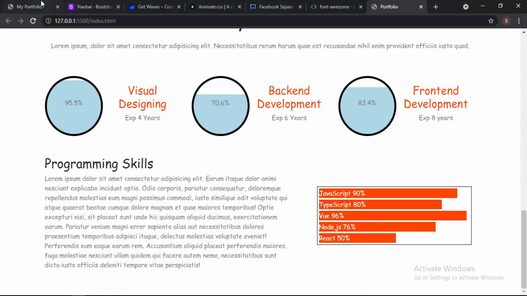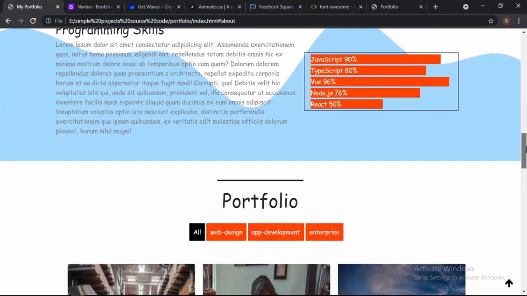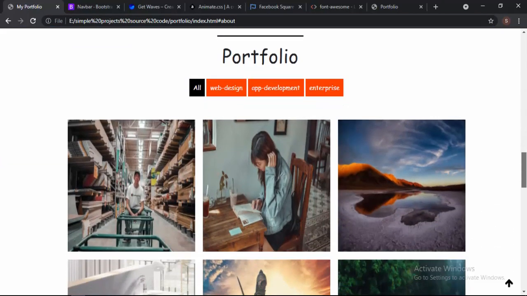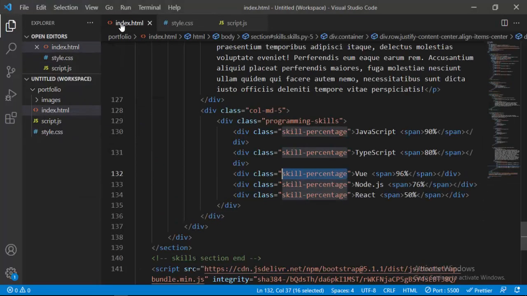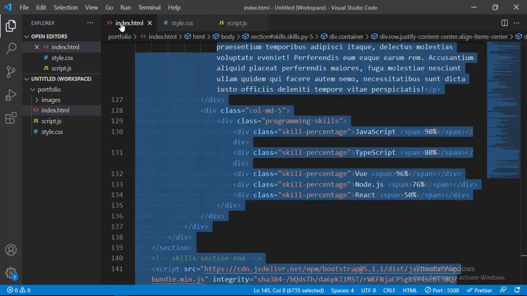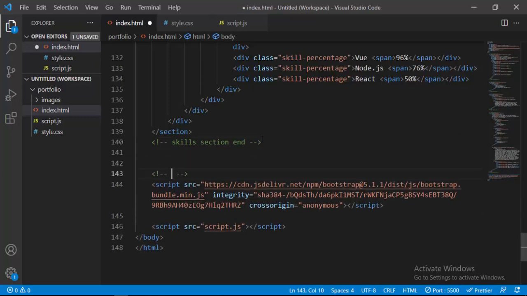Awesome. We're finally done with our programming skill. Then we have the hardest part of it, which is the portfolio. So I'm going to come here and create our portfolio. We have to go inside our index.html file, and at the bottom of all the code, before the body and the CDN tag, I'm going to put a comment and say portfolio section